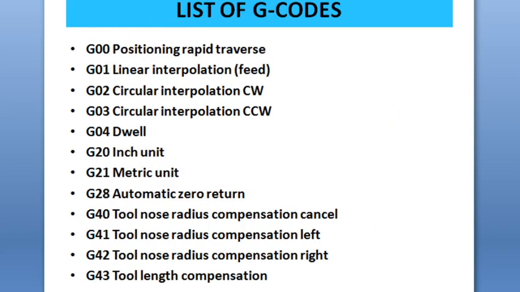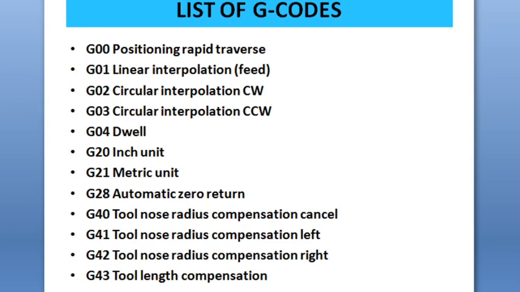These are the important G codes used in the program. G00 is the movement of the tool or table with rapid traverse. Here there is no metal removed. In G01 here metal is removed. Here we give some feed rate in this linear interpolation. Tool is moved in straight cut. G02 circular interpolation in clockwise direction. G03 counterclockwise direction. G04 for dwell.